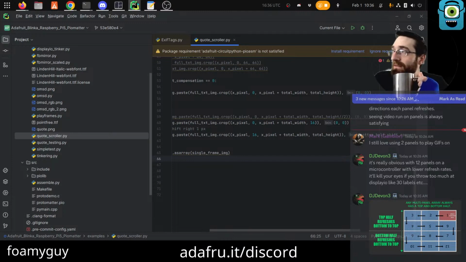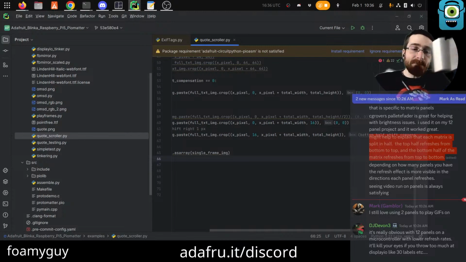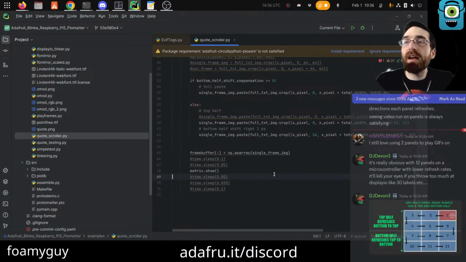Like the top half of small panel 1 updates before the bottom half of small panel 1? I don't know if the order is correct, or does it only, once you start chaining, only the size of the big one matters? I have in my notes to ask Jeff about this as well.